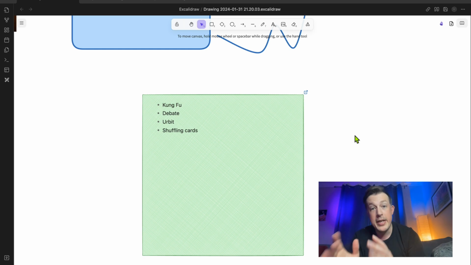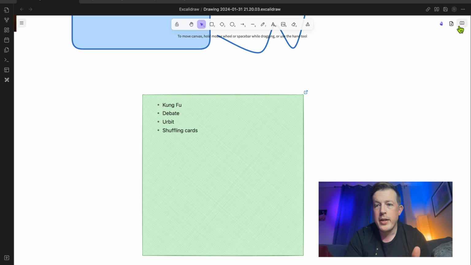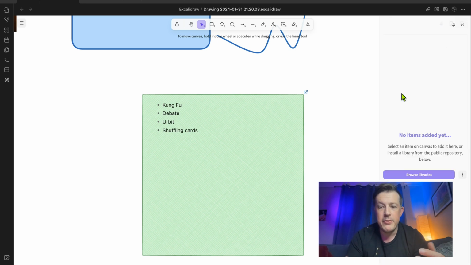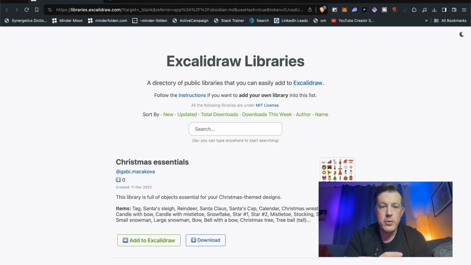Now here's the next and kind of last detail that I want to show you, which is the library of elements. And there aren't any here, but you want to use this if you use a particular element all the time, and in all of your mind maps, you start with this shape for your core idea or whatever. Well, you can browse libraries. So when you click that, it will take you to this